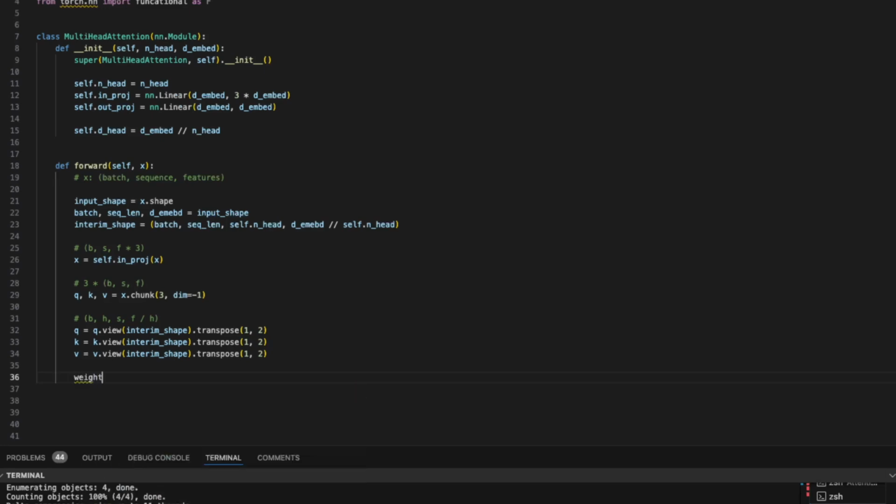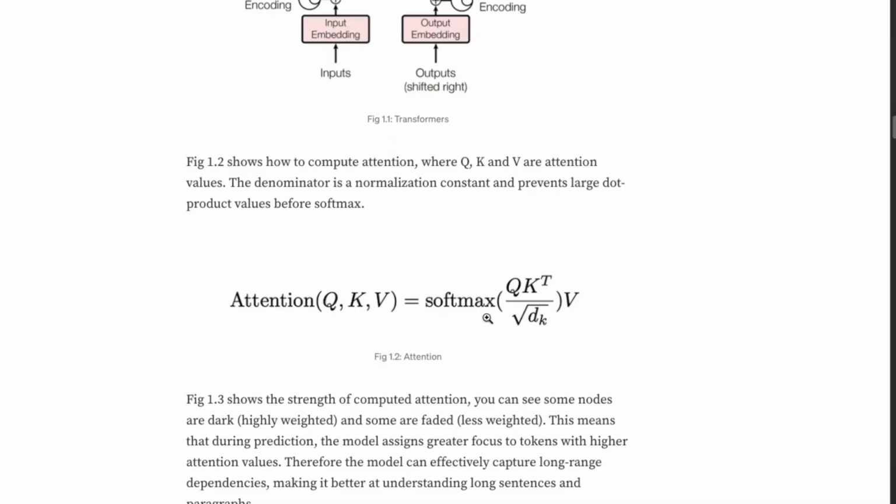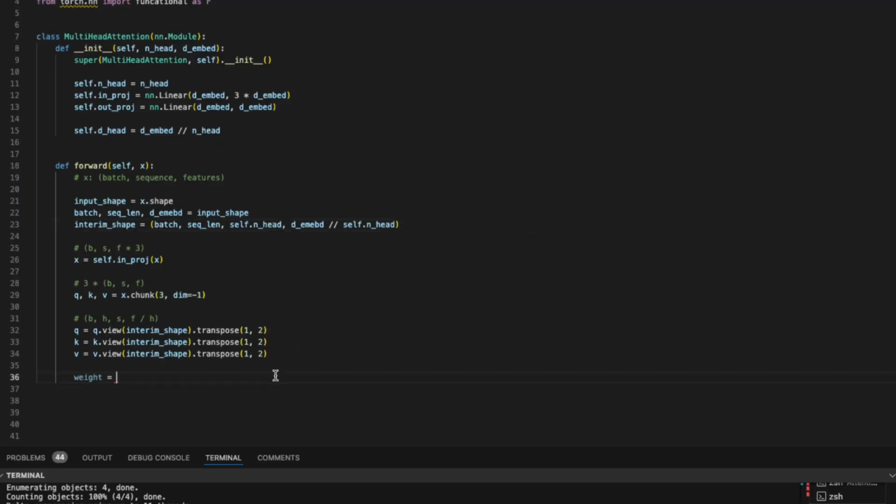Then what we can do is weight. As we know the formula of the attention, let's go and review this again. This is the formula, right? So what we are doing is multiplying it, doing the matrix multiplication, and then dividing that with a constant, and then softmax, and then doing again the matrix multiplication. So this is the same thing we will implement here,